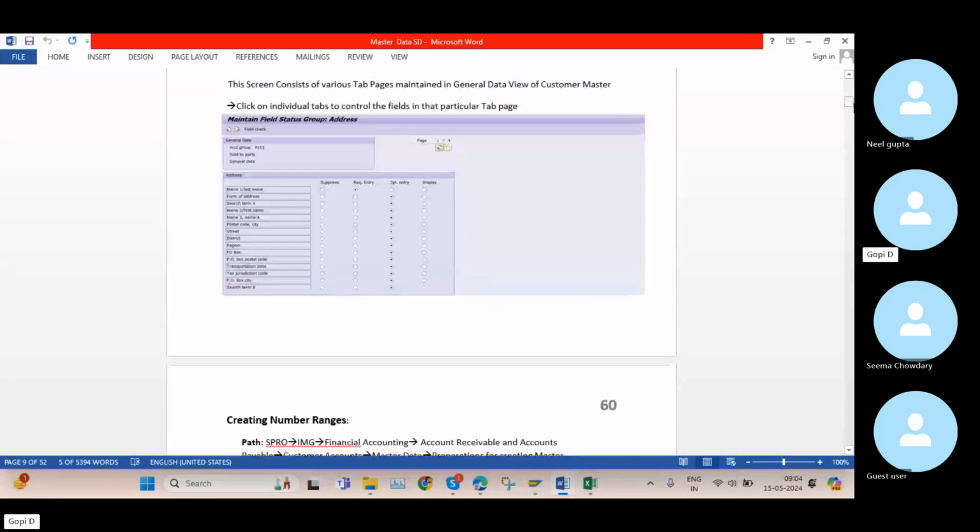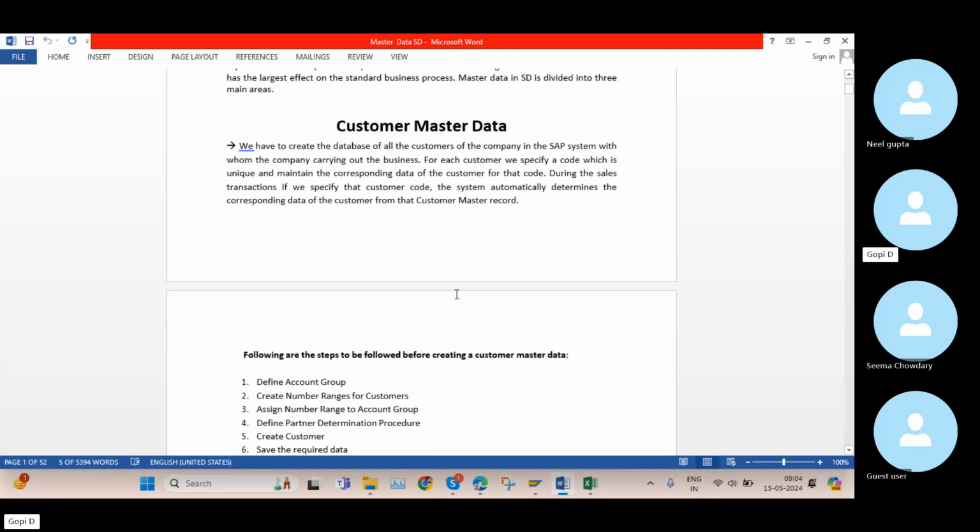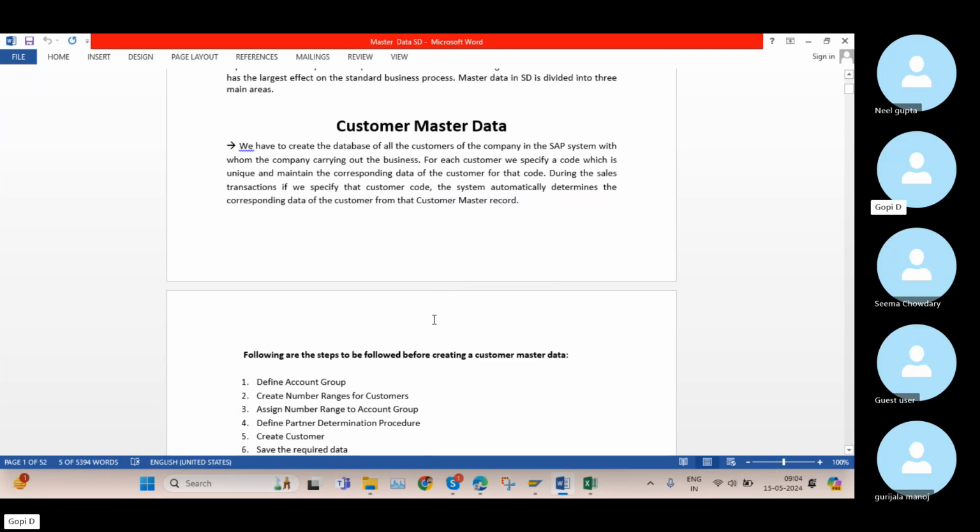So we are in master data, the second topic in the SAP SD module. When it comes to master data, I explained very clearly what we mean by master data and what the different types of data are that we can see in SAP from the functional point of view. Majorly we have three types of data: one is the master data, second is the transactional data, and third is the configuration or customization